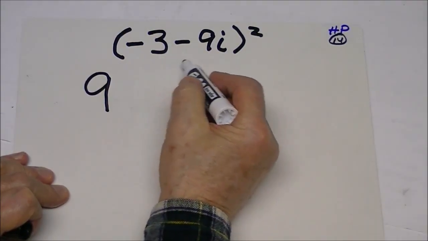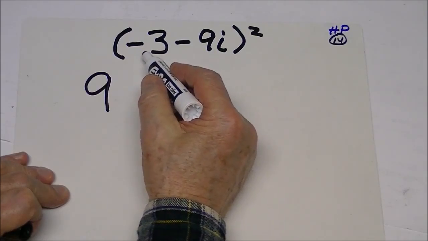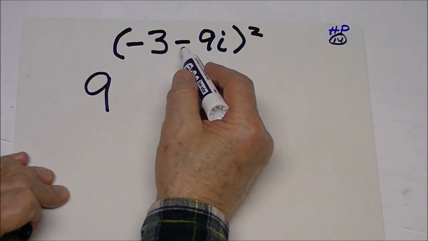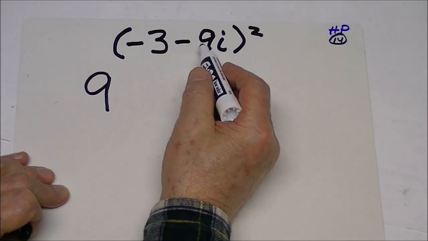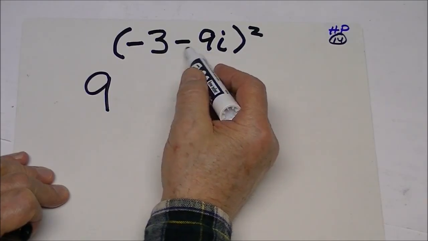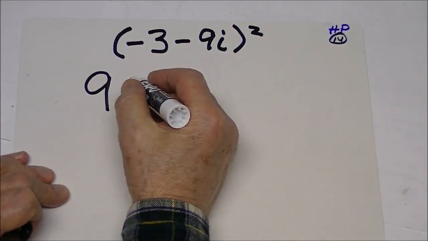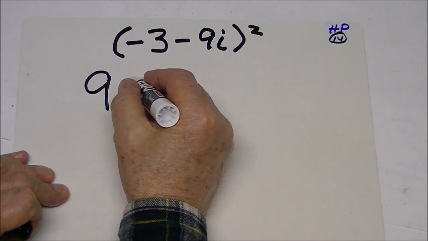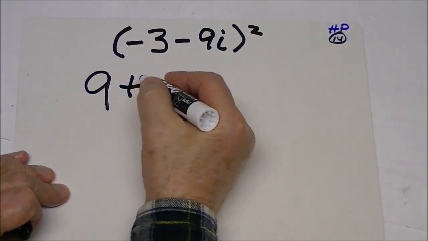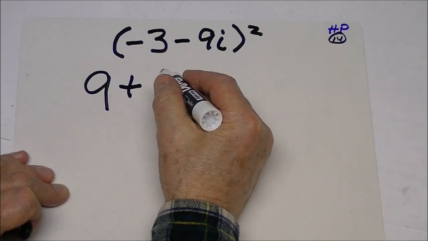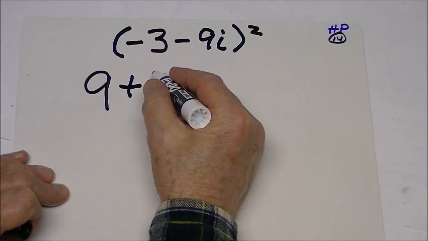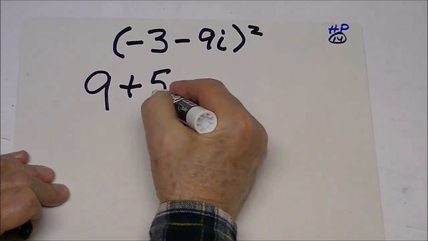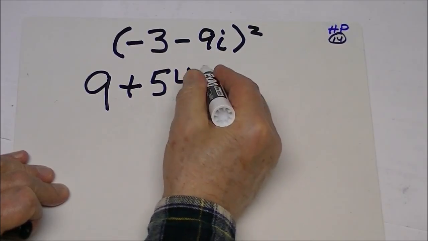Now we multiply these two together, and that's going to give us a positive 27, and we double it. That will give us a positive 54i,